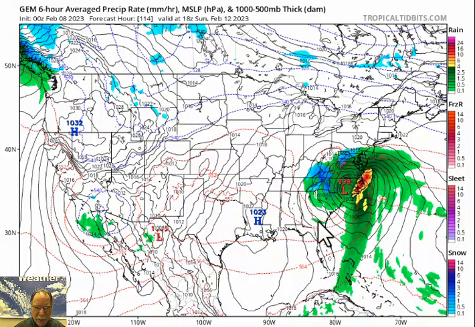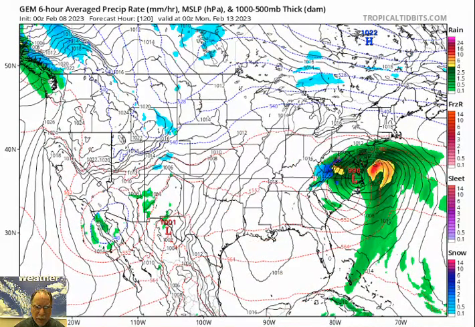And here we go, a healthy storm system, 998 on the Canadian model by midday on Sunday. Certainly some heavy rain is a possibility along the coastal plain. Inland snow and sleet possible as this storm system can generate its own cold air from pulling down cold air from aloft into the lower part of the atmosphere during the day on Sunday.